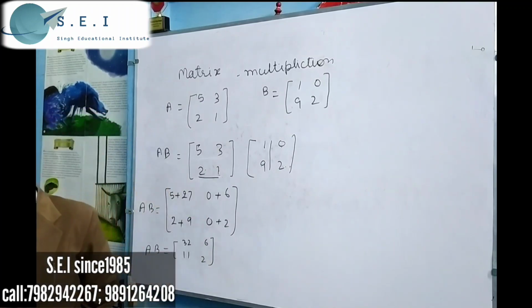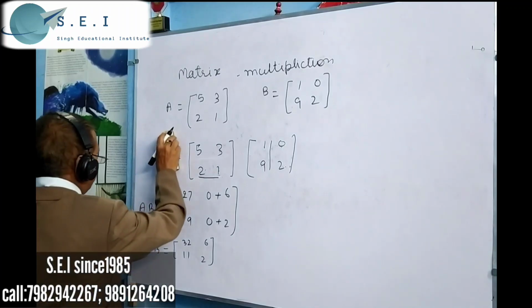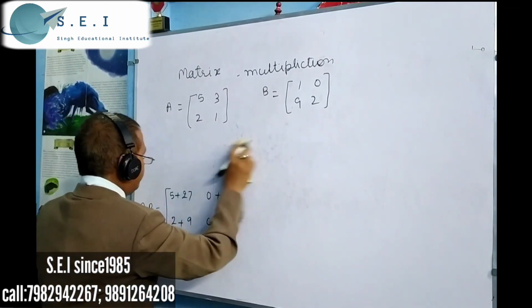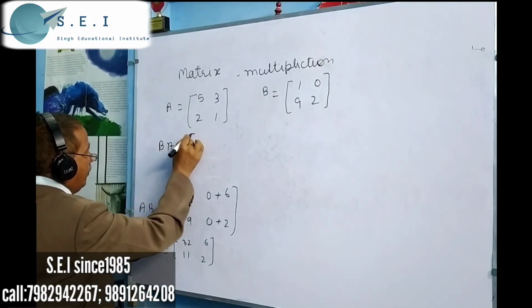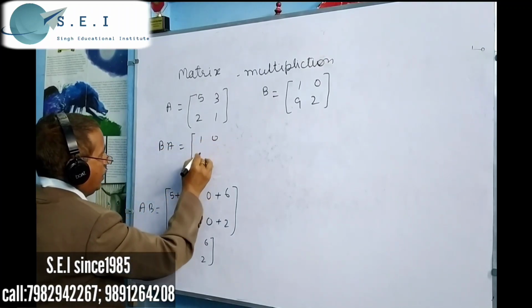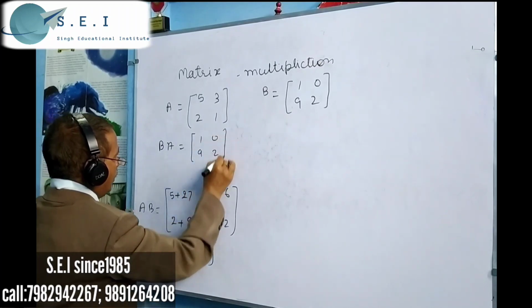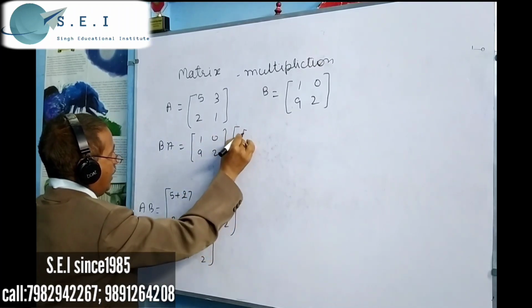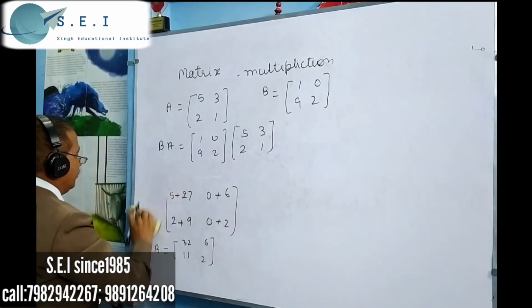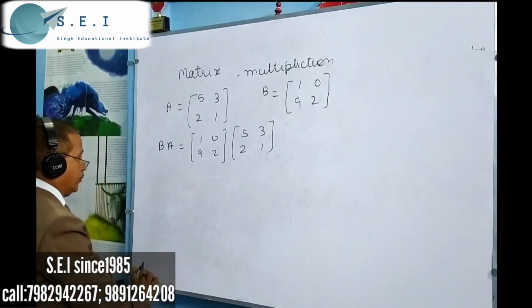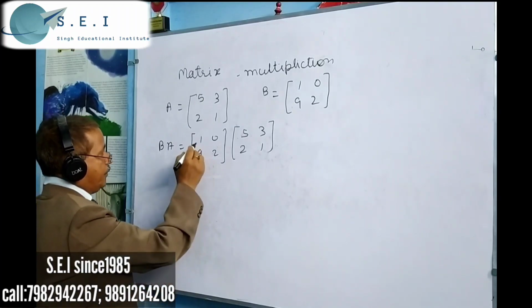In the next term, we multiply BA. So B is 1, 0, 9, 2 and A is 5, 2, 3, 1. Multiply the first row